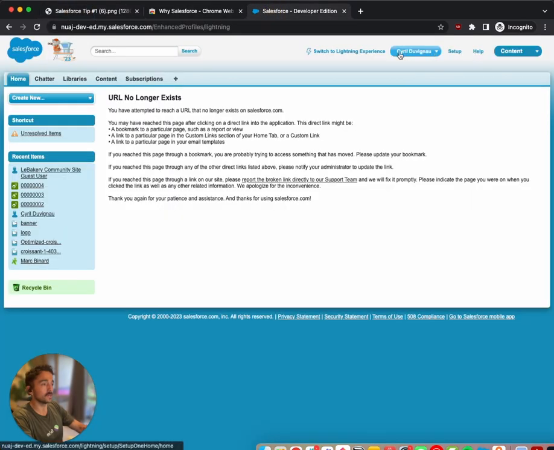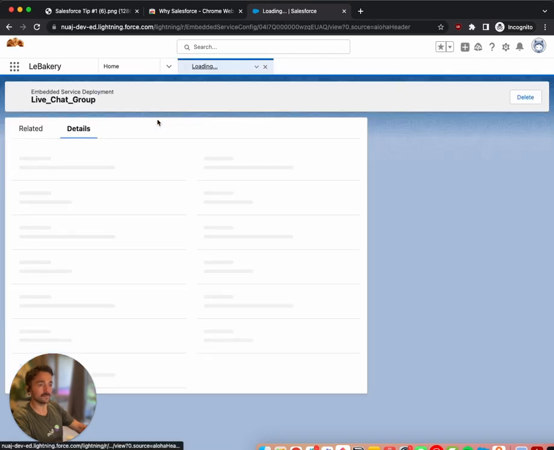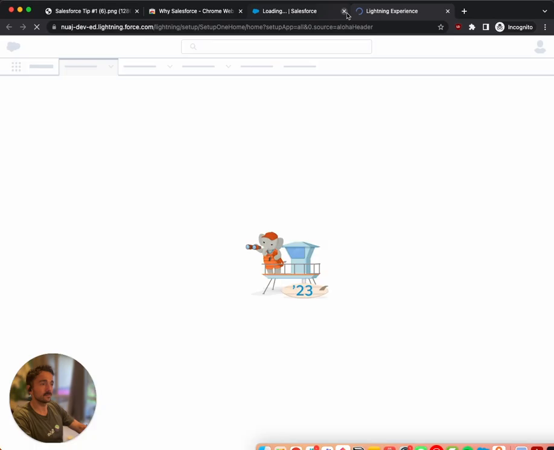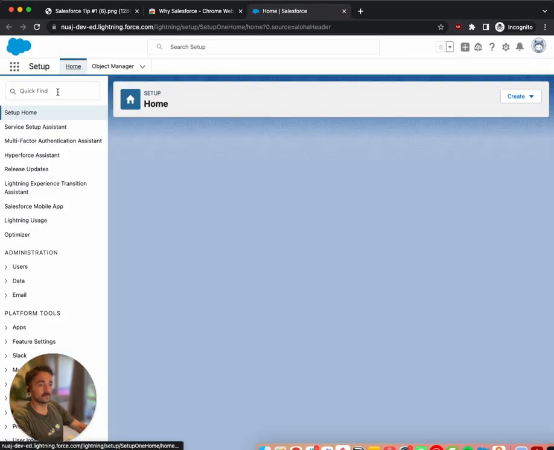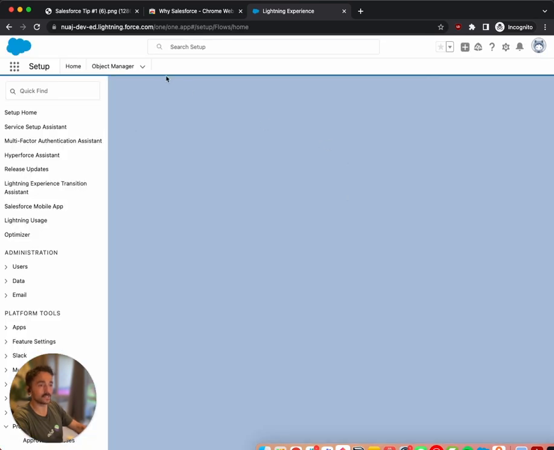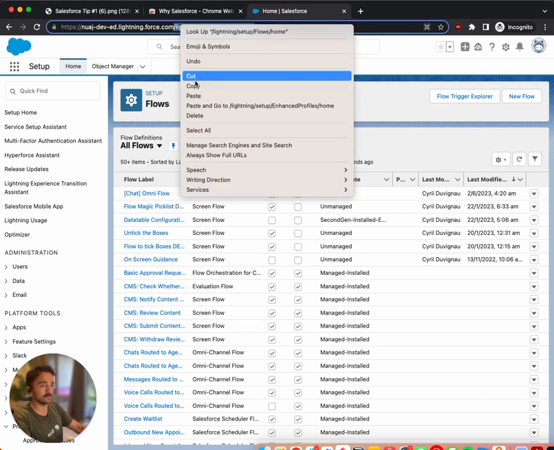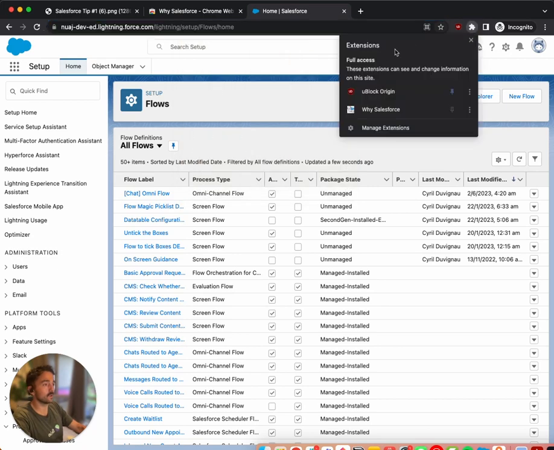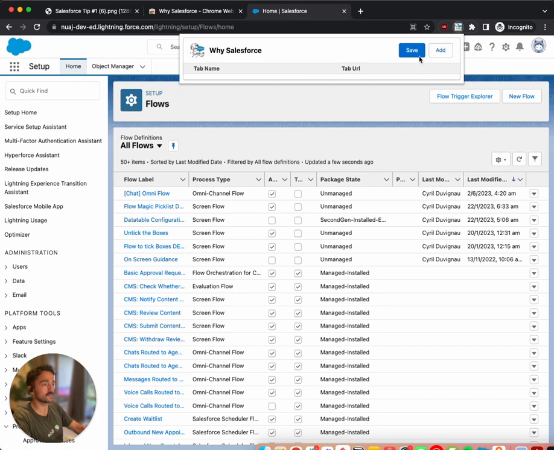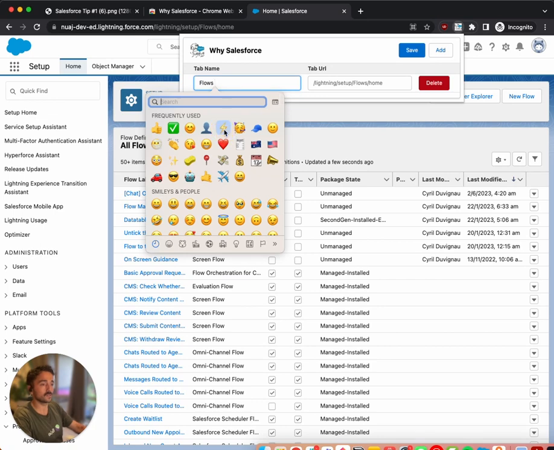Let me open my setup under Lightning, obviously. And what I like to do is set up a shortcut to access the flows instantly just within a click. So what you want to do is copy the URL starting from the /lightning, and then you want to open your Chrome extension while Salesforce, add a new one, let's call it flow with some emoji,